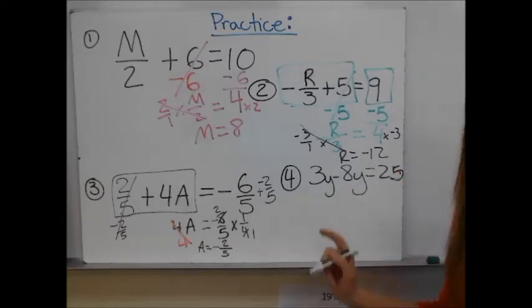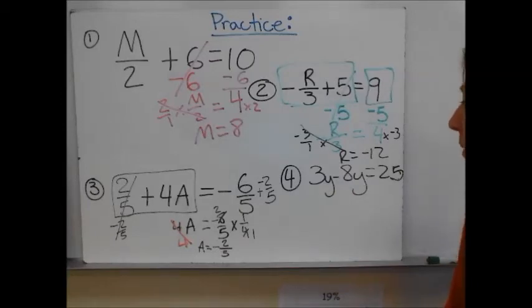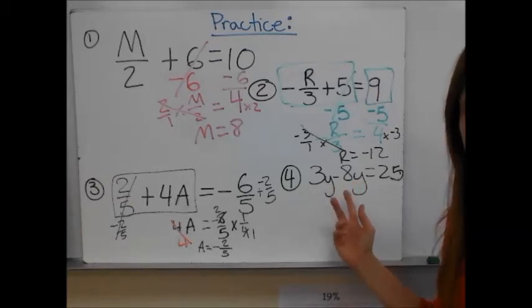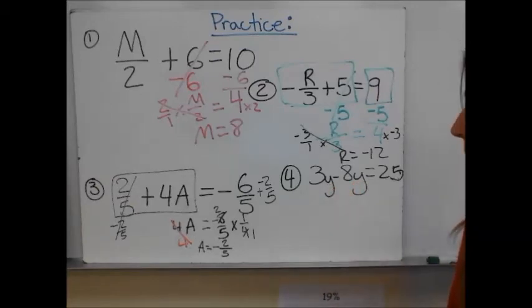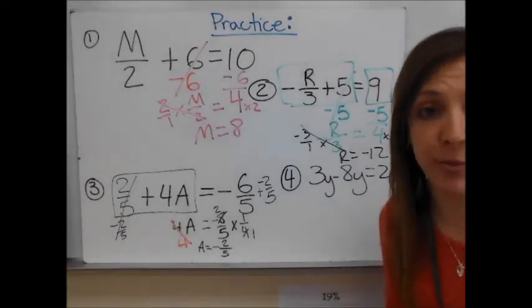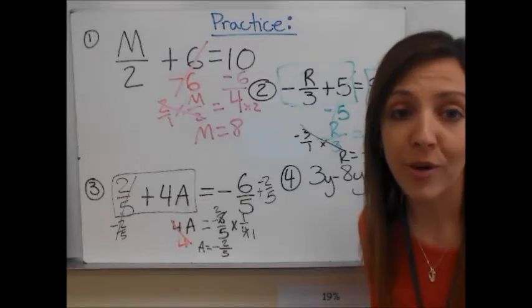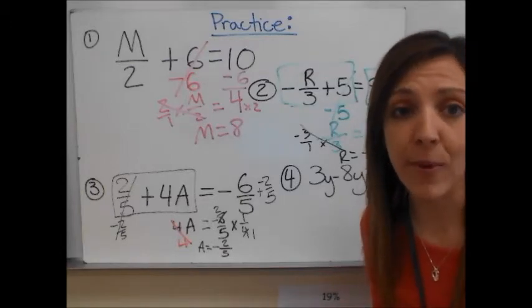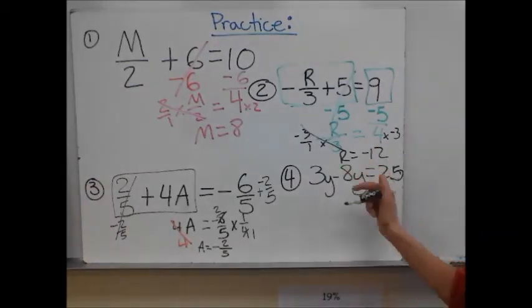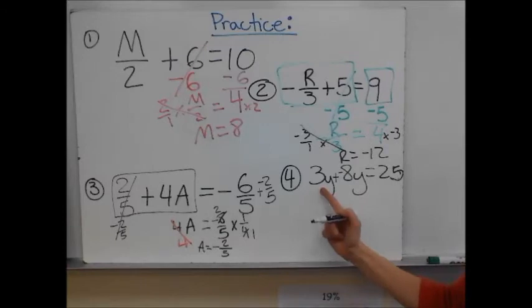So here I have 3y minus 8y, and I have two variables. I have the 3y and the 8y. Now these are like terms though. So what I'm going to do when I can is combine like terms whenever I can do so. Well, 3y and negative 8y can be combined together. So I'm going to first stay, switch, switch when a subtraction sign's in the middle. And if I add 3y and negative 8y, I get negative 5y